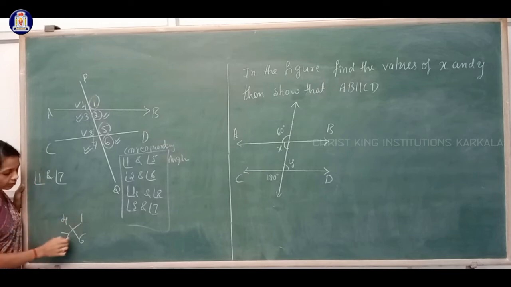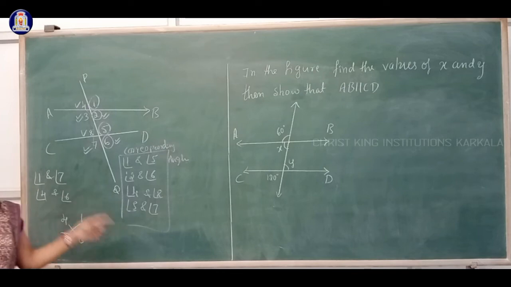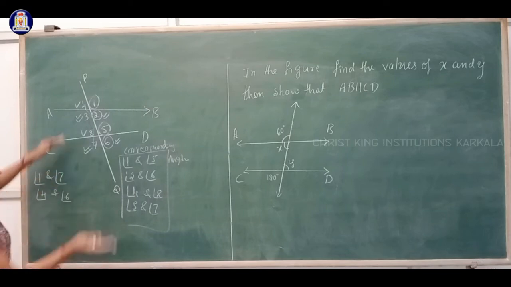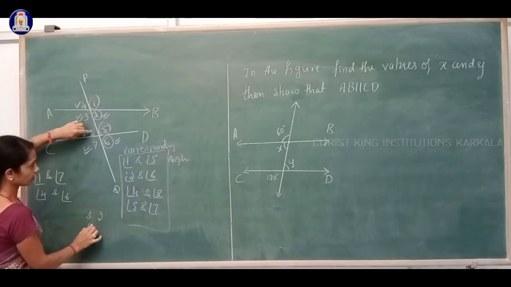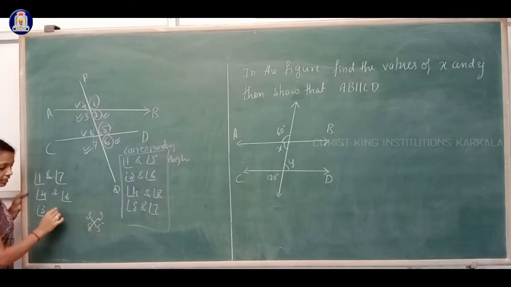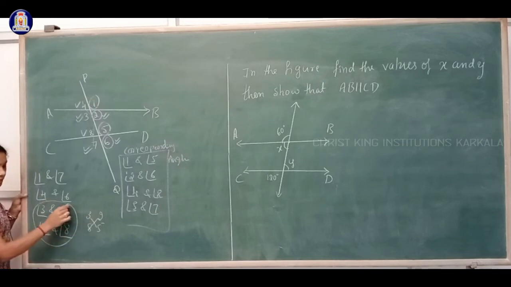So with angle 1, which angle is there? Angle 7. And with angle 4, which angle is there? Angle 6. So these two are exterior alternate angles. Like that, you have them in the interior place also. Interior means inside the lines. Which angles are there? 2 here, 3 here, 8 here, 5 here. In the same way, put the cross mark. With angle 3, which angle is there? Angle 5. Angle 3 and angle 5 are alternate angles, but in the interior part. And angle 2 is with which angle? Angle 8. So these two are interior alternate angles.